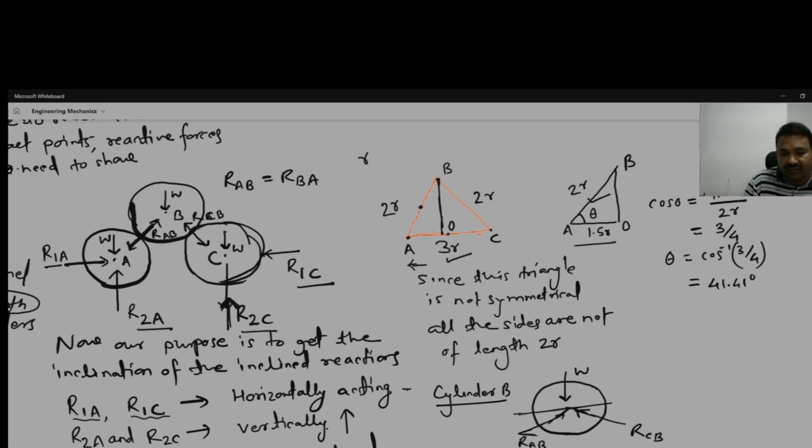So from the previous relation what we find out, the angle between this, that is theta. So this will be also theta and this will be also theta. Okay, so from the cylinder 1,